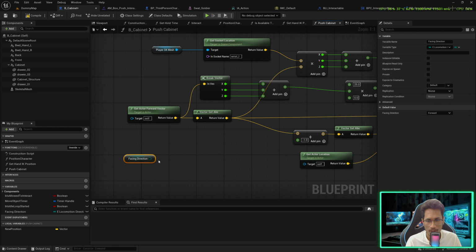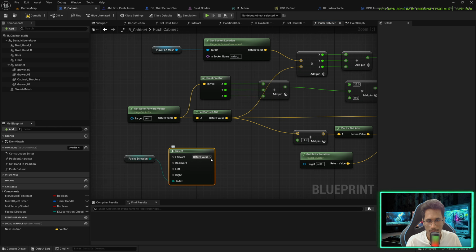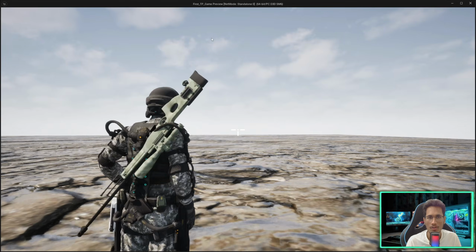So everything we did for the back side was considering that it was +1. If it is pushing from front, then we have to apply -1. So I'll do a select here, connect it with this. Forward -1, backward 1, and left and right doesn't exist, but still let's keep -1 and 1. Compile. Now if you play,